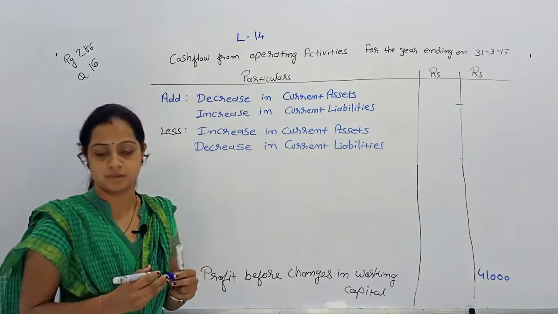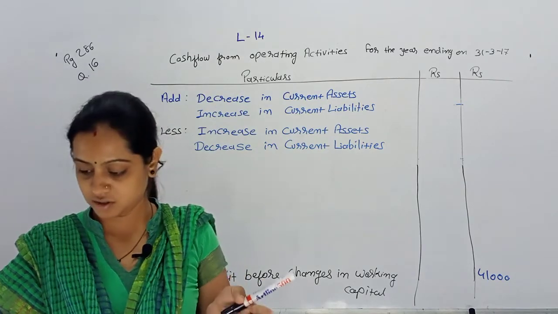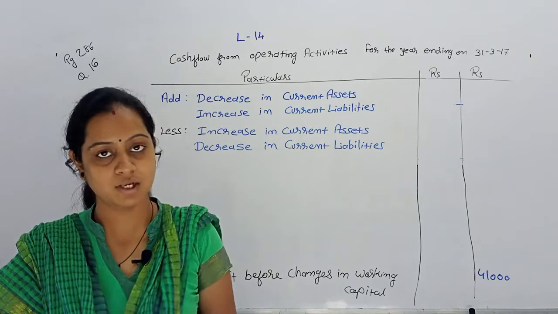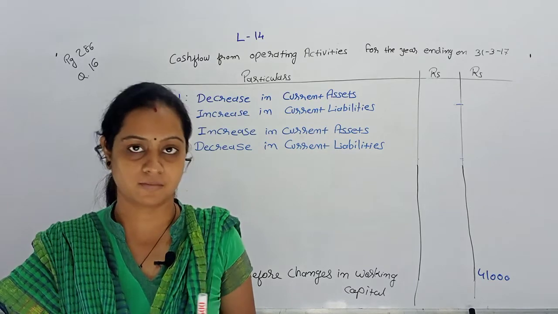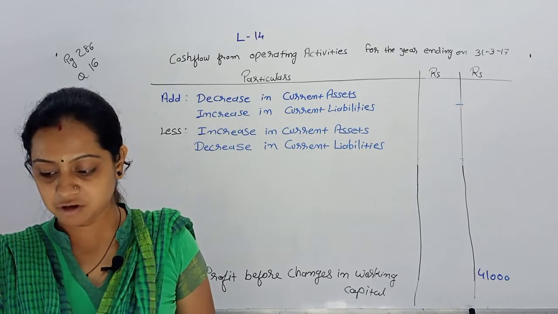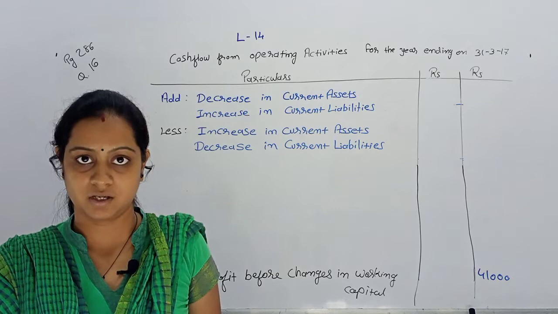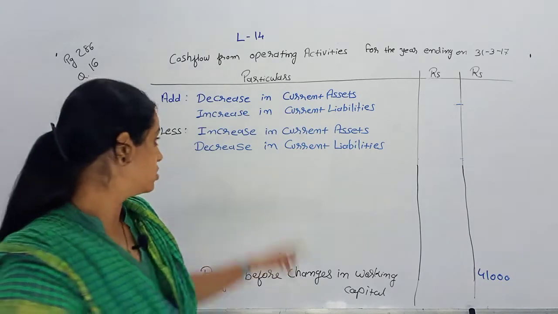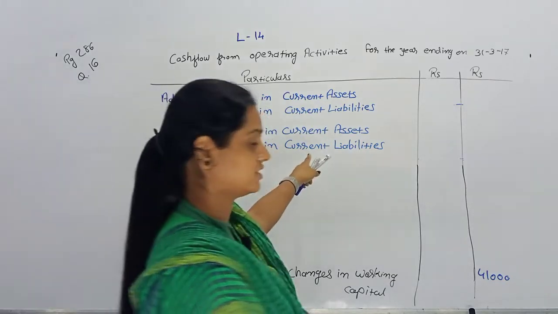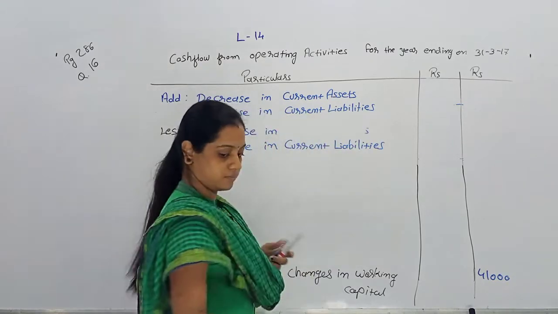Right? Now, see, we have not given any effect related to stock, debtors, creditors, bills payable and prepaid expense. Now we'll give the effect of that. First of all, stock. Stock is our current assets. Check the amount. In the beginning of the year, amount of stock is 45,000 and at the end of the year is 60. So it has been increased, right? So increase in current assets will come here. So instead of writing current assets, we'll write increase in stock.